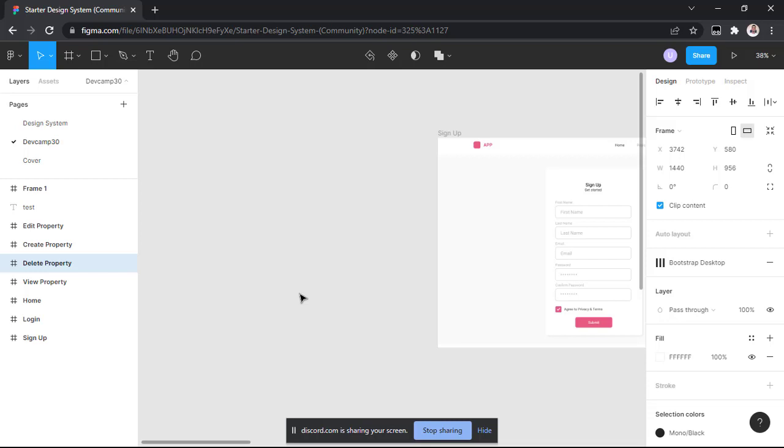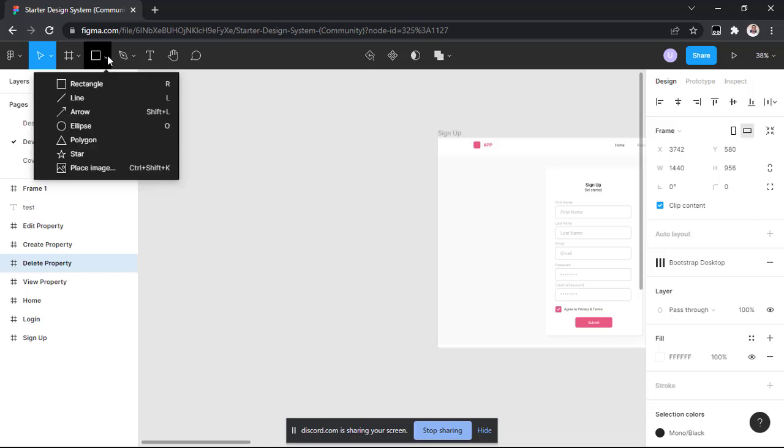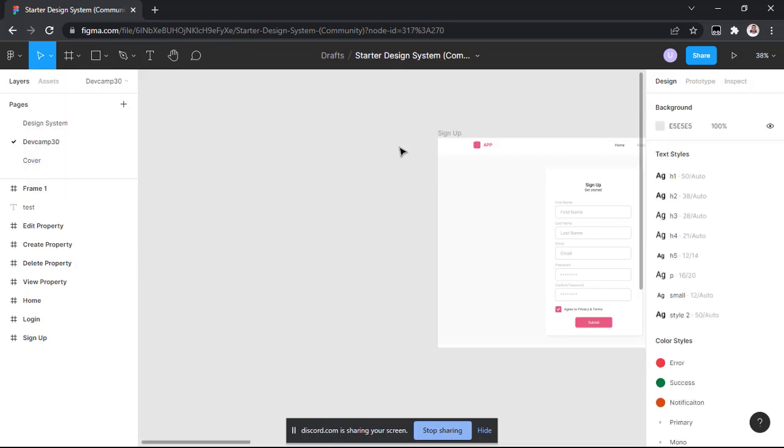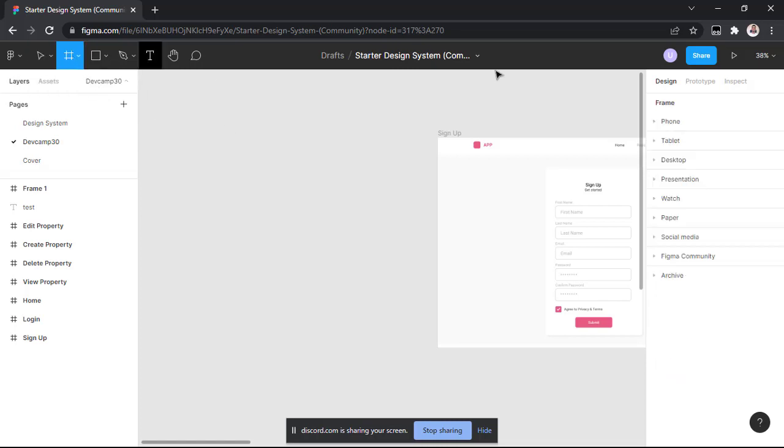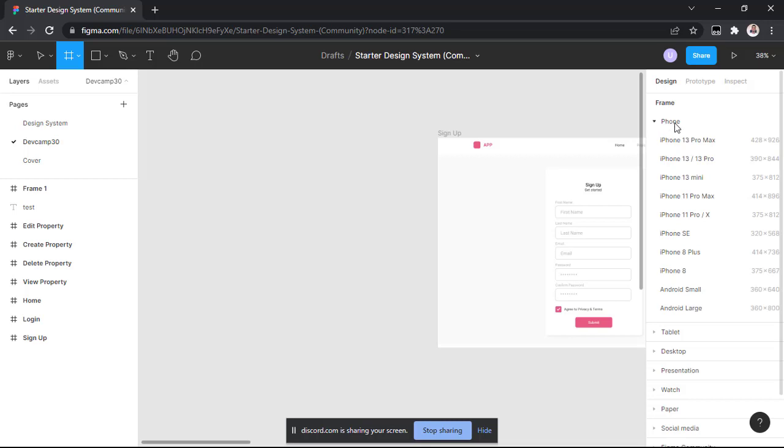As I said, we will not be going deep into the practicals today, as today is basically going to be just an introductory class. You just need to understand how to make use of all of these components to build what you want to build. First of all, we have screen sizes here. If you want to build a screen, you click here and you will see all the different screen sizes. If you open phone, you'll see iPhone 13 Pro Max, iPhone 13, all the iPhones,